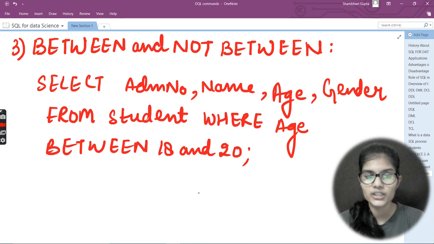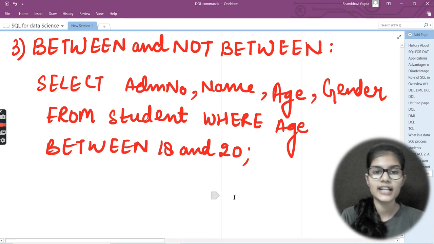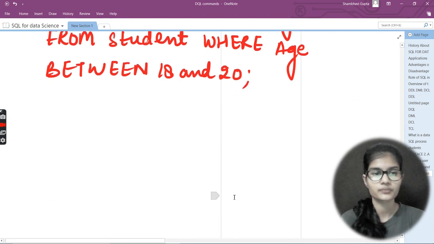In that case, you could simply apply the condition not between 18 and 19. It will not give you the data for 18 and 19. It will simply give you the data for ages less than 18 or greater than 19. The ages 18 and 19 would be removed from the data you wanted. Right, so this is the idea for the not between. Let me write out the statement here.